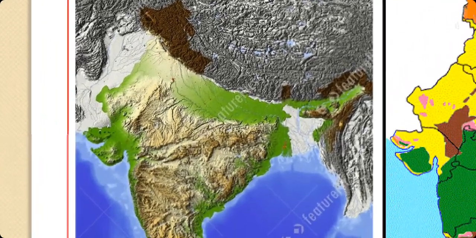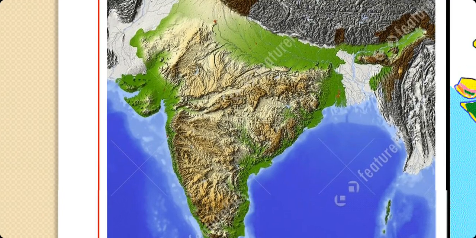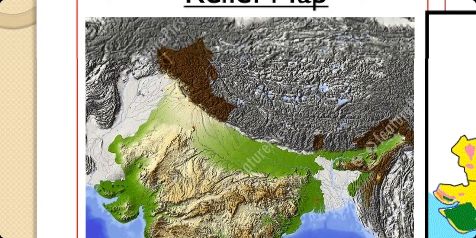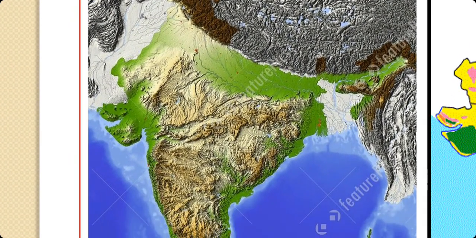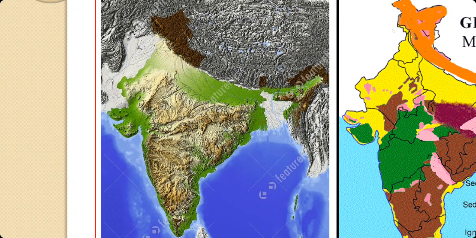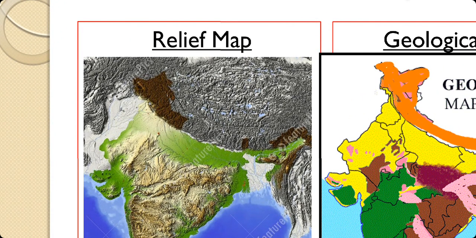Here is a map of India, which is a relief map. It's very easy to interpret. You know where the mountains are, and you know where the plain is, and you know where the hilly regions are, and you know where the plateau is. You can almost, as if you were to touch this map, feel a texture in your finger, and that's a relief map.